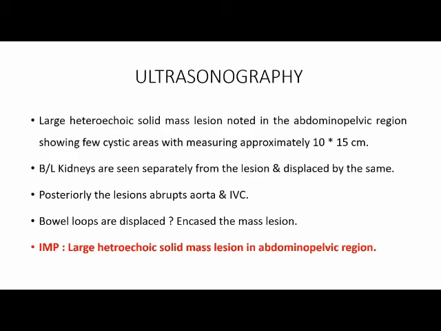But yes, because it is close to the bowel loops, or we are thinking it is encasing the bowel loops, we should be considering lymphoma. But these are the 2 points which go against a diagnosis of lymphoma. In addition, Jyoti, this mass is too large. It's too large for a lymphoma, especially Burkitt's. Okay, it is 10 into 15. Yes, sir. It is enormous.